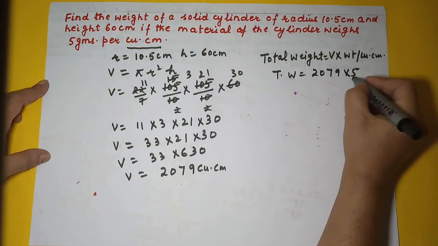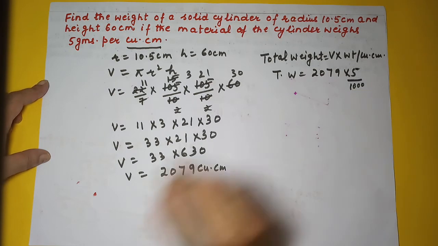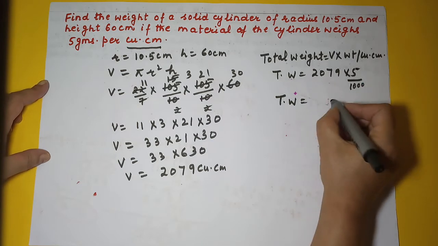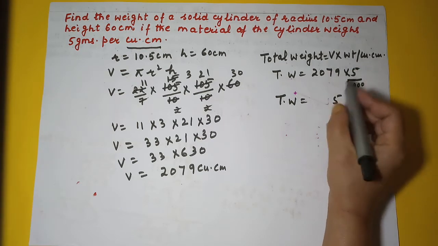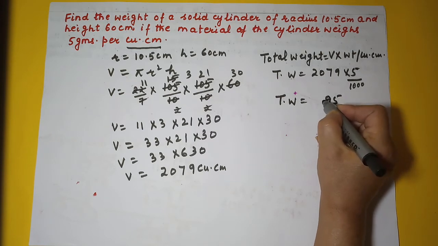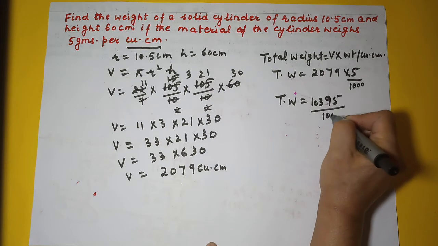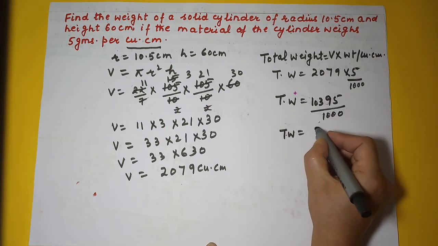So if I want to convert this into kilograms, I should divide this by 1000. So total weight is equal to 9 fives are 45, 4 carry, 7 fives are 35 and 4 is 39, 5 twos are 10, divided by this 1000. So my total weight of the solid cylinder is